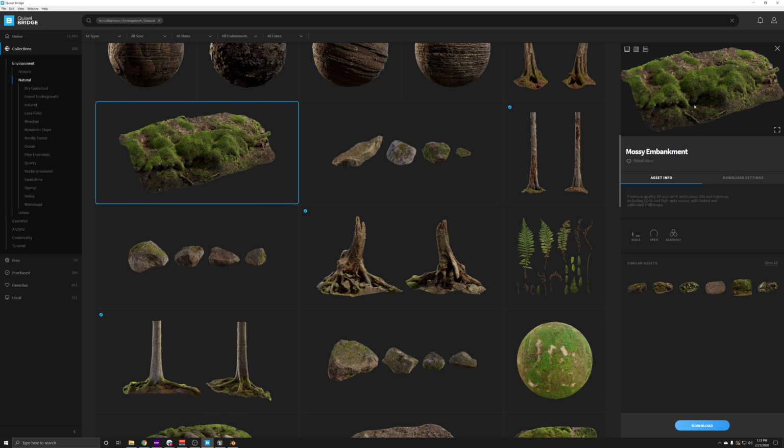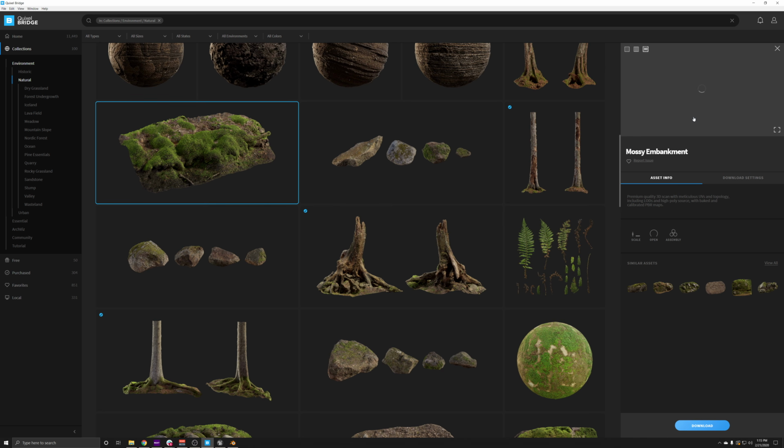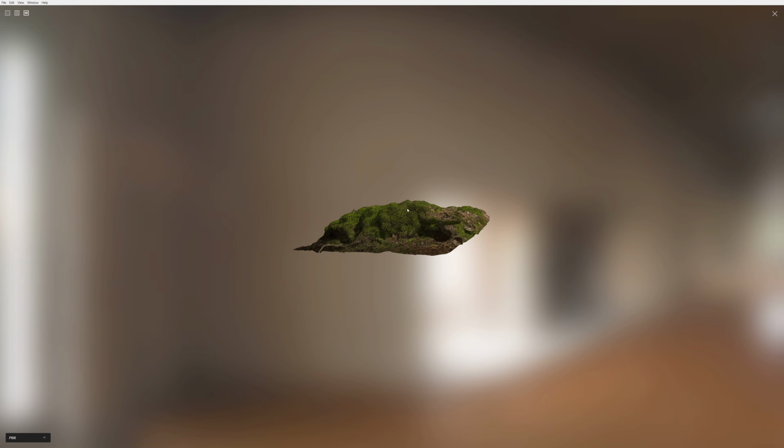But let's go ahead and look a bit further here in our 3D window, because I just want to showcase something real quick once it decides to load for me. It's a pretty big asset. All right, so we have a little mini 3D window here, but it's hard to see. So right here in the bottom right of this preview window, we can select the full screen mode. So if we go into full screen mode, we can easily left click and drag the asset around.